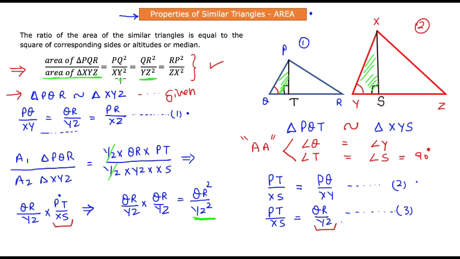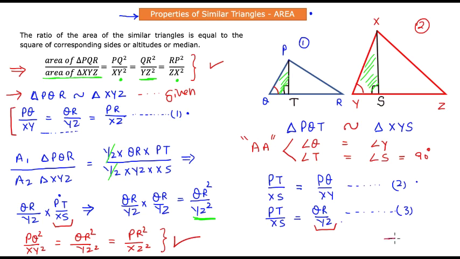But you see that we still have to prove these two parts of the expression here, that the squares of each one of those corresponding sides are equal, right? But we have this condition 1 here in which we have the ratio of their corresponding sides. We are simply going to put a square on that, and we can state that PQ square over XY square is equal to QR square over YZ square is equal to PR square divided by XZ square. We are simply putting a square on this expression, nothing else. And that is our final finding that we wanted to have.